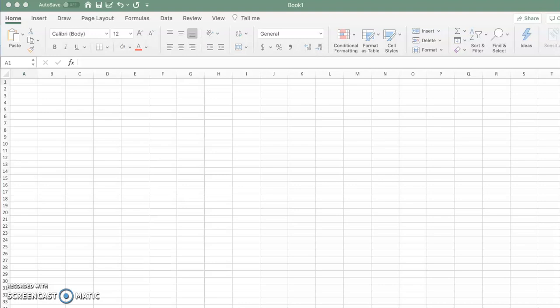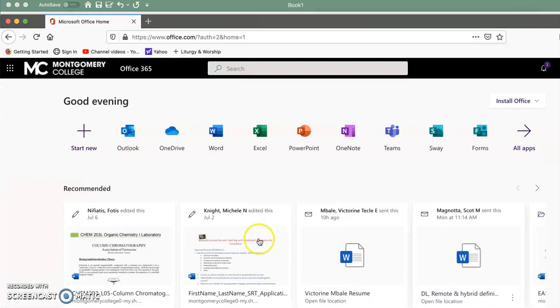I want to talk tonight about making graphs and labeling graphs and so on using Microsoft Excel. And the first thing I want to mention to you is that if you are a Montgomery College student, you can download a copy of Microsoft Excel and the other Microsoft Office products for free because you're a Montgomery College student. To do that, you would go to as if you're going to log onto your email, and